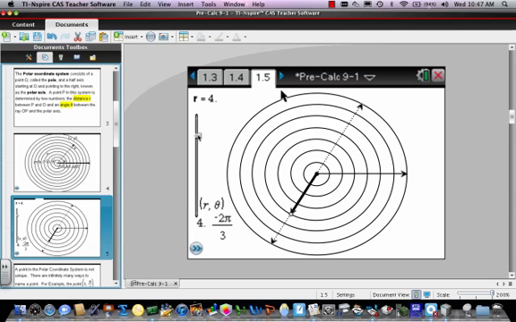As you can see, I'm having a little bit of a hard time with the slider here, but as it goes back and forth, you can see